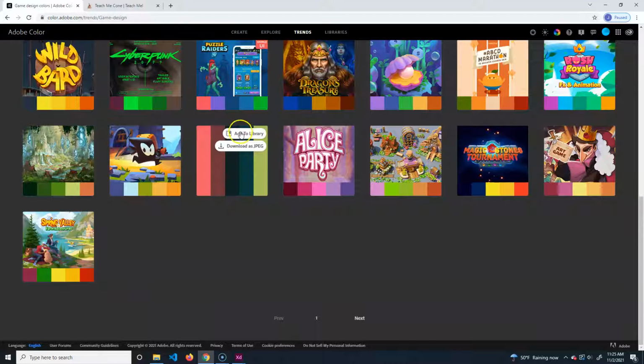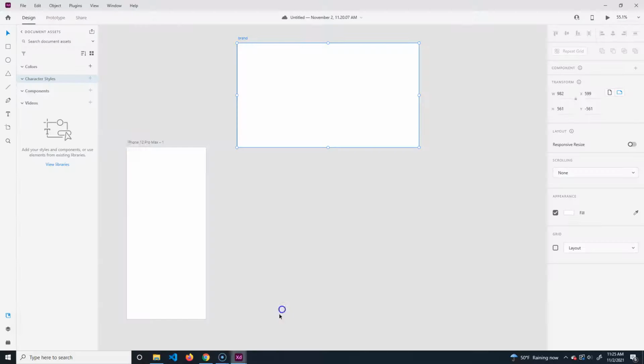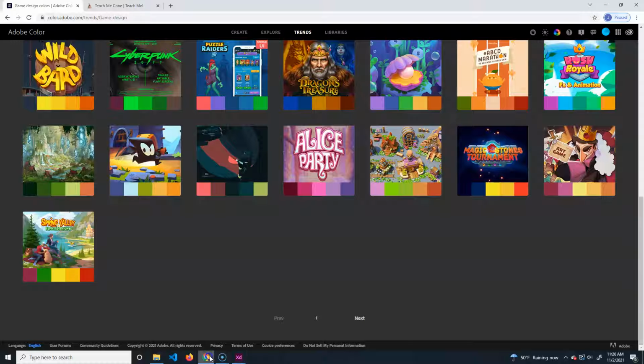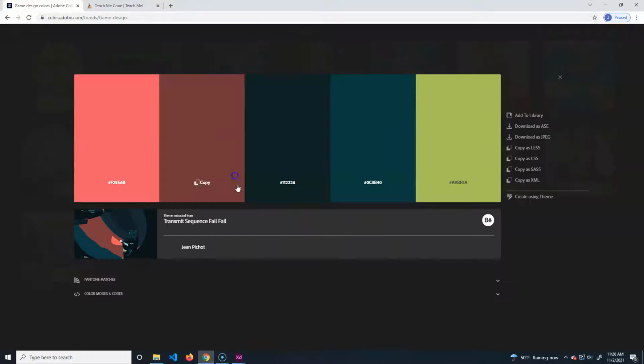So I could do a couple of things. I could hit add to library, and that will add to my library. Then when I'm in Adobe XD, we can import it from our library. I can click on View Libraries and grab it from there. But that's a lot of steps, and I'm assuming you guys probably don't want to do that anyway. We can also just download as a JPEG, or if you click on it, it's going to bring up this thing. And if you click on these, it'll copy the hex code, the little number on the bottom there, in order for you to